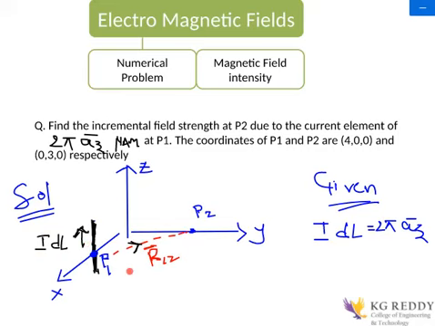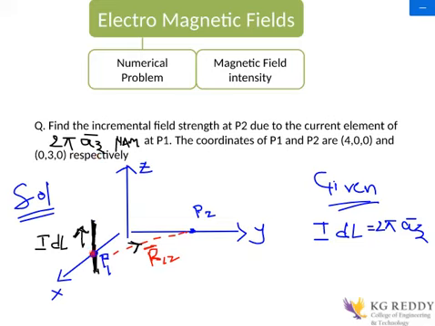Let me explain what we are doing here. What is the question asked? Here in this question, a current element is given, which is the differential current element. Current element is always represented as I dl. I is the current, dl is the small length of the conductor we have taken, and these two combined are called the current element, I dl. It is directly given as 2 pi into Az.